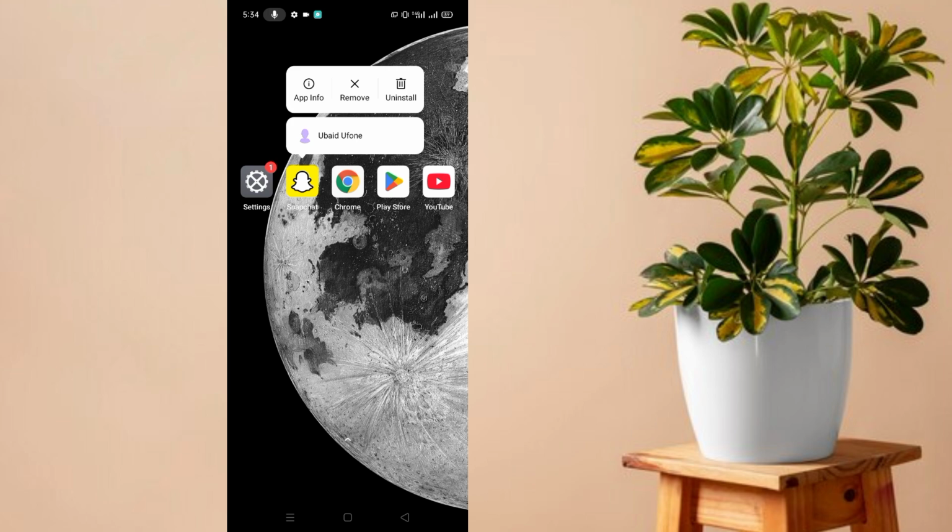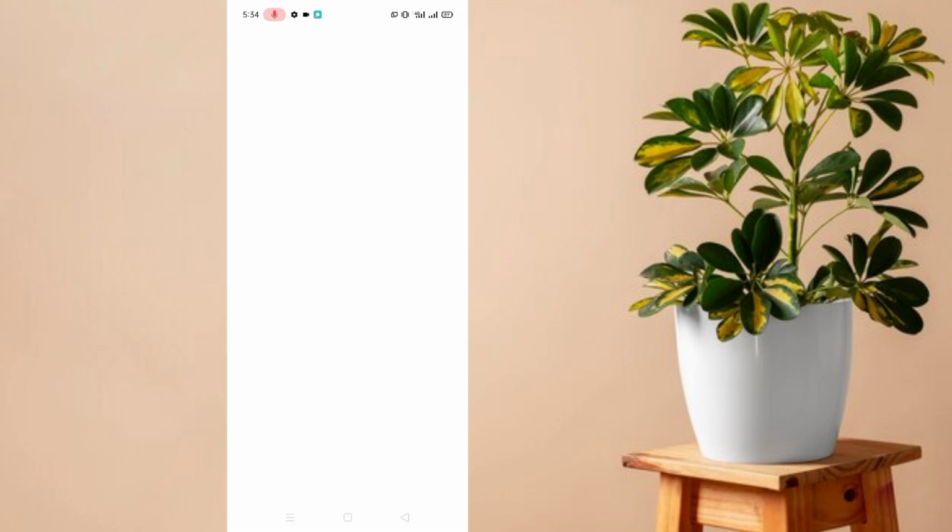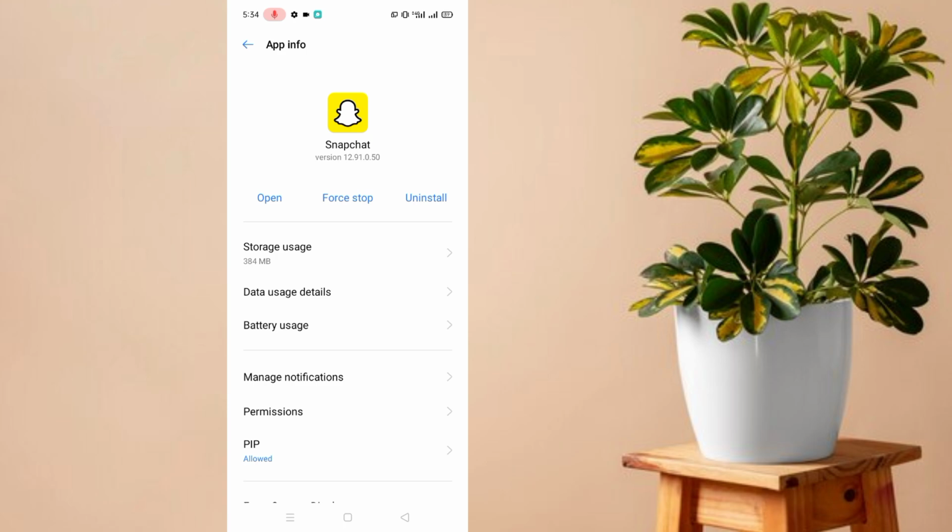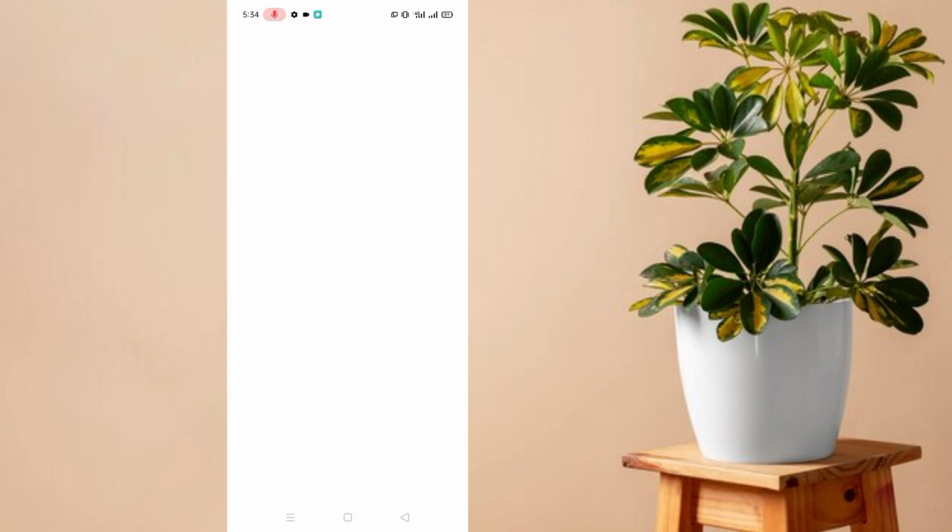tap app info, go to storage usage, clear cache,